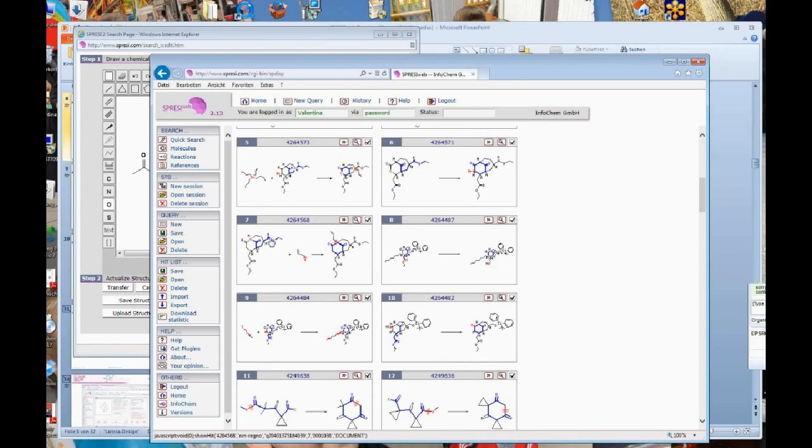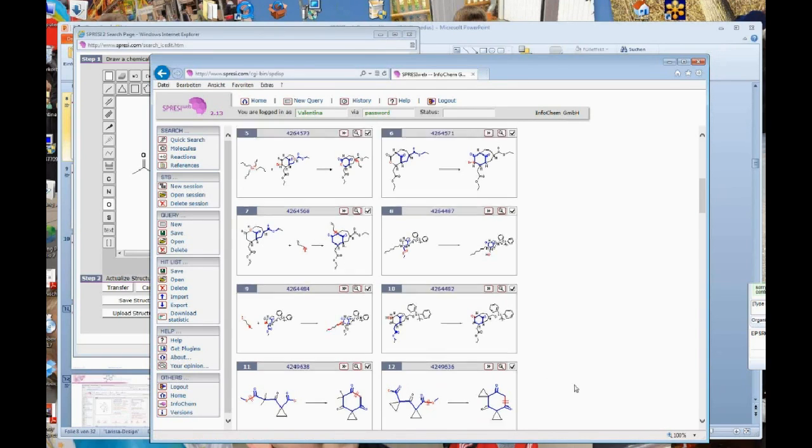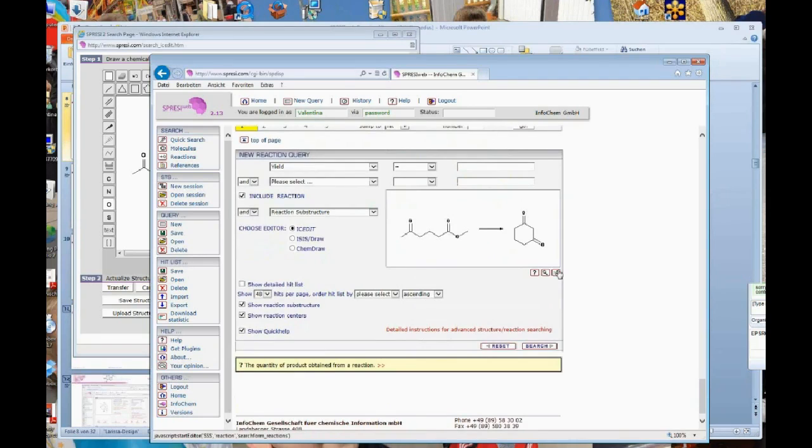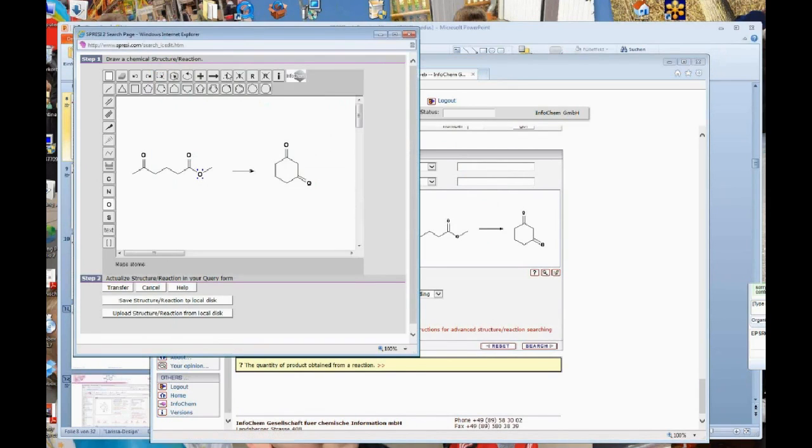So here you can see exactly what I wanted to show you before. Here you can see the structure. This was my substructure in the reactant. This is the substructure in the product. But this reaction has not occurred. It's not the reaction I wanted and was looking for. So to change this, I can just map the reaction. If I map the atoms in this reaction and tell the program that I want exactly this transformation where these atoms stay the same and where this bond